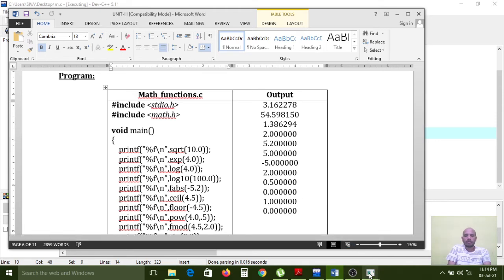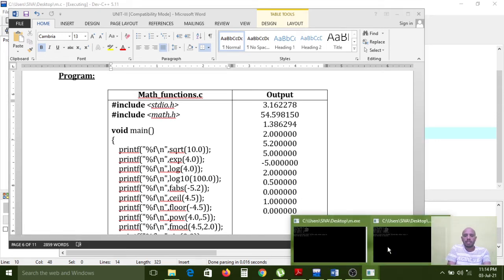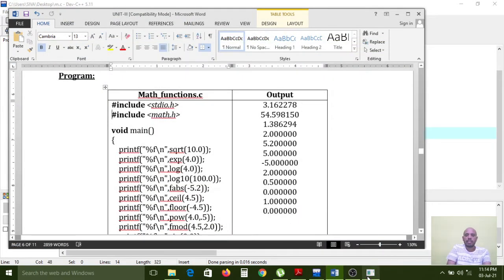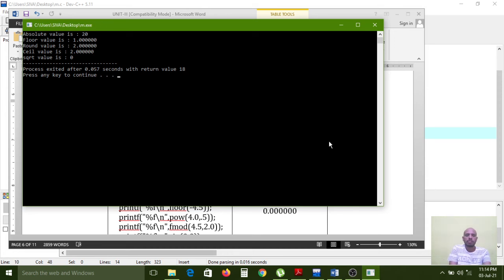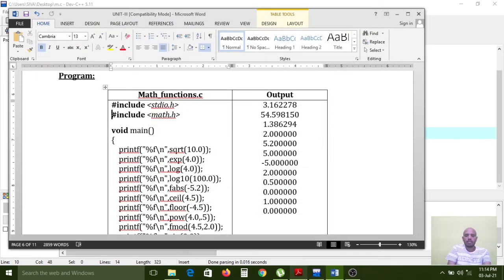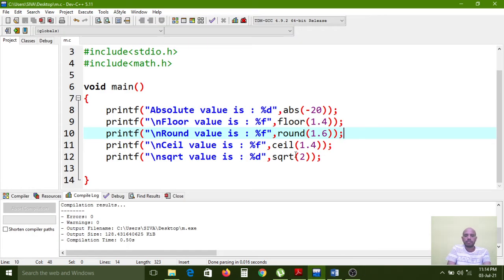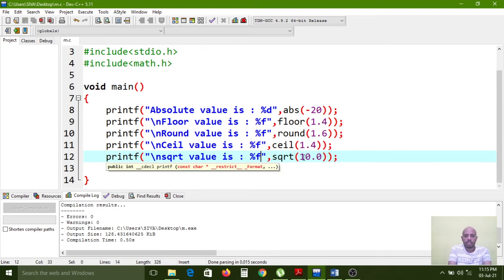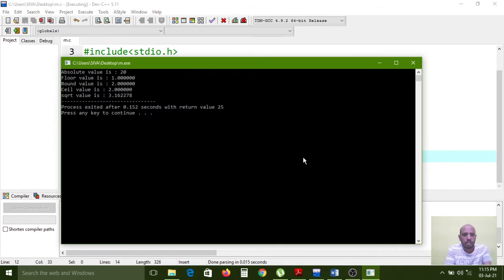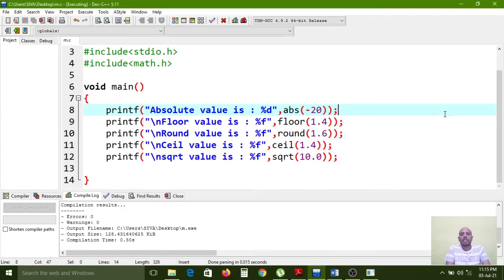Wait. Here I am passing 10.0. Here the fraction part is also there, so f is the format specifier. Now I am compiling, now I am executing. Yeah, 3.16 is the right answer for the square root, because we are passing the 10 value, right?